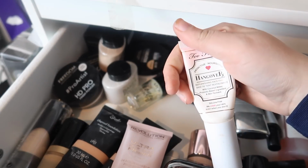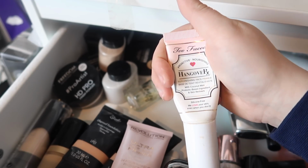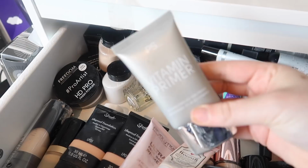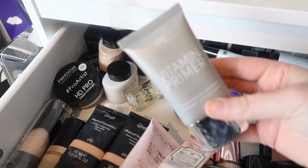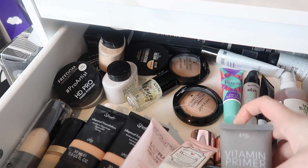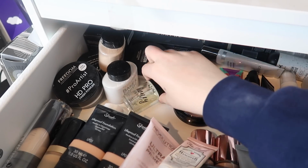I've got the Too Faced Hangover Primer. I'm not like a massive fan of this, but I still use it occasionally. This is the Primark Vitamin Primer. Once again, I use this in my testing Primark video. It's okay. I do use this quite a bit when I don't want to use this primer here, which is